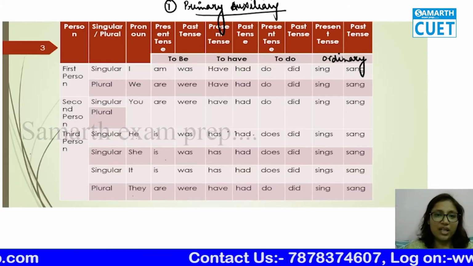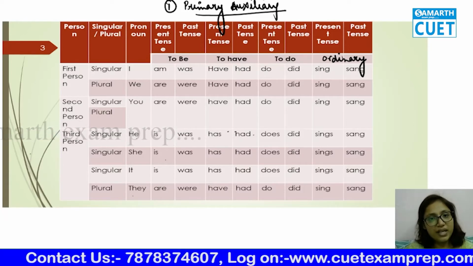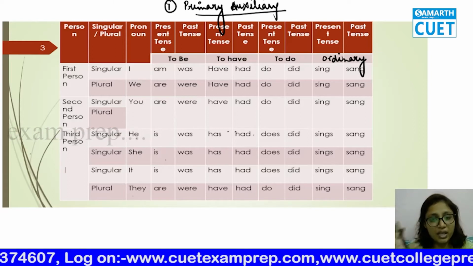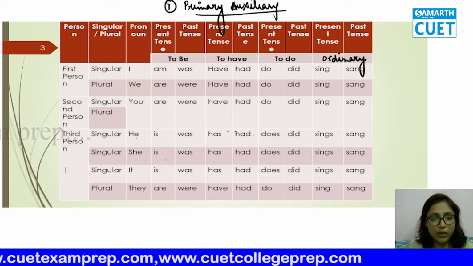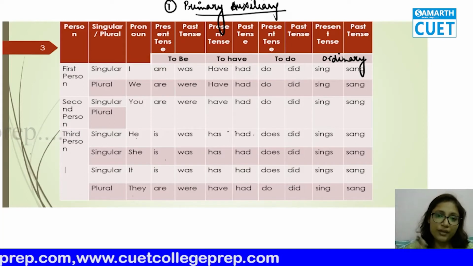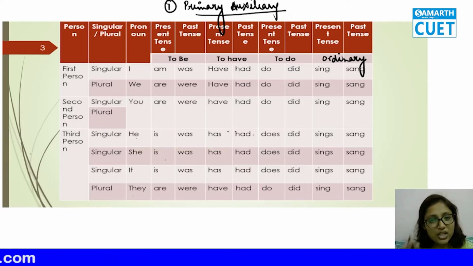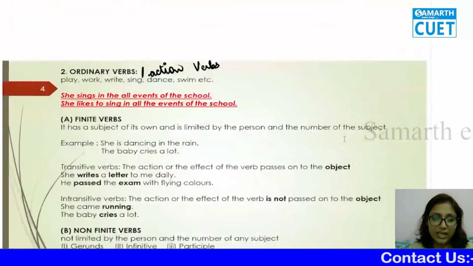This table is summing up everything, your confusion. Anybody not knowing even the basic English or subject verb agreement, for them we have this table. I have made this table for you for better understanding of which verb, which form. Form basically we'll study in tenses also, but this is basically which helping verb will go with which person: first person, second person, third person. Okay. Now let's move to the next slide.